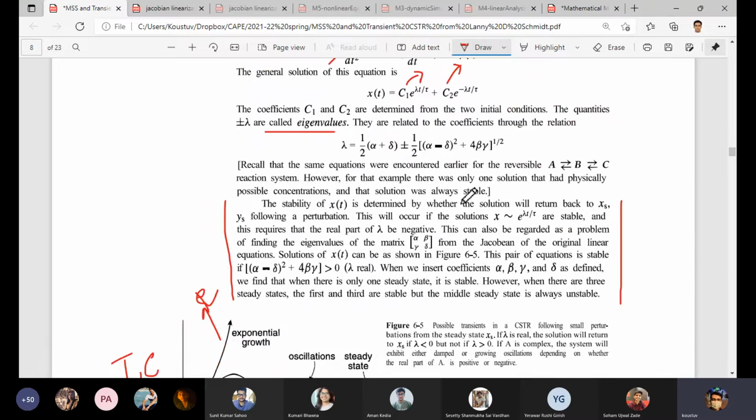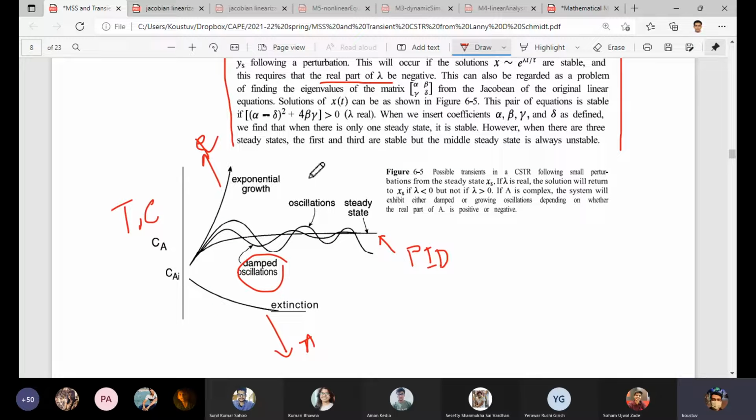So this lambda, the sign of lambda is very important, right? It requires that the real part, which means it can be a real number or imaginary, but if it is imaginary, then the real part has to be negative. That has to be negative. So based on these three different cases, we can obtain this sort of general understanding of what is called